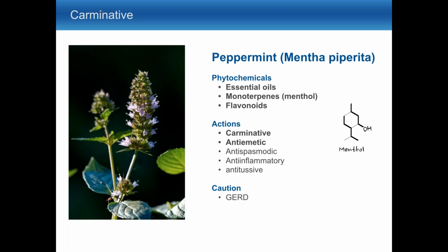Often I'll get patients to combine peppermint with chamomile. It makes the chamomile, which tends to be a little bit bitter, a little bit more pleasant tasting. And both peppermint and chamomile teas, they have that carminative action, antispasmodic action, kind of work synergistically for just digestive issues. And it's cheap. You can buy it anywhere, and it's good to drink it on a regular basis. No safety concerns that I can really think of, with the exception of being